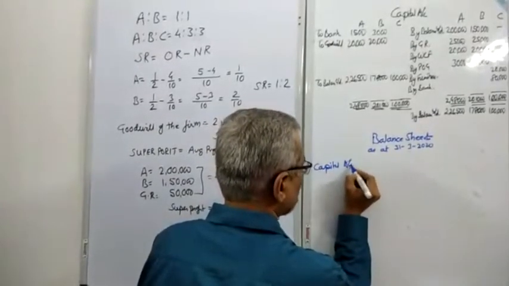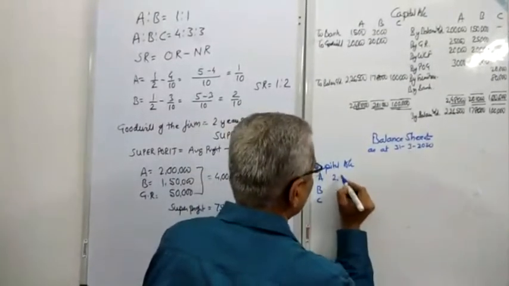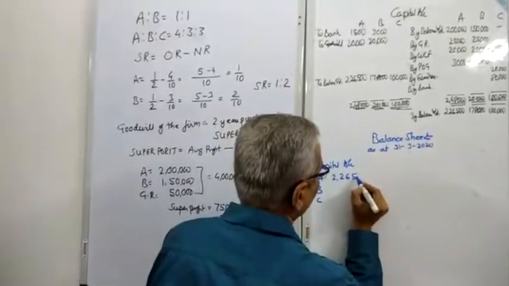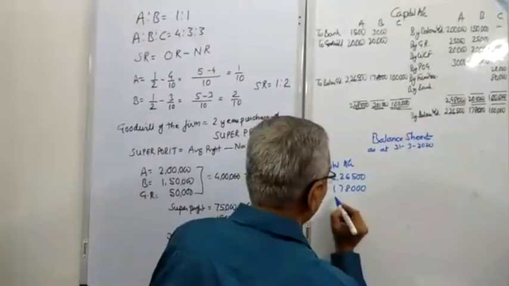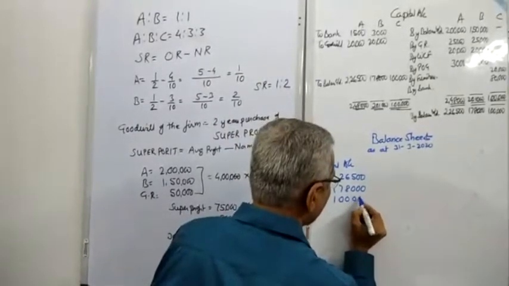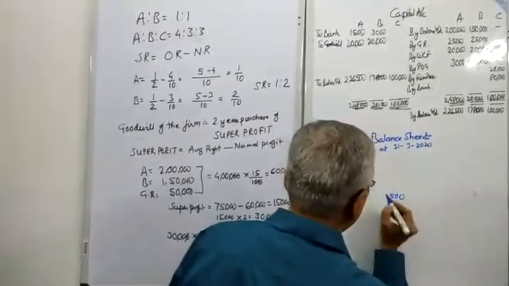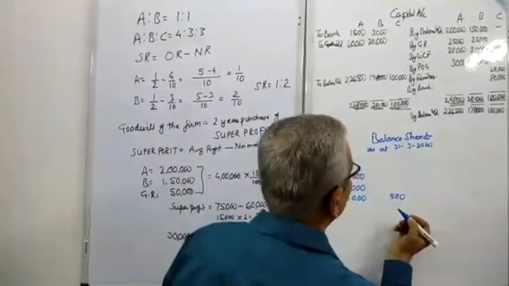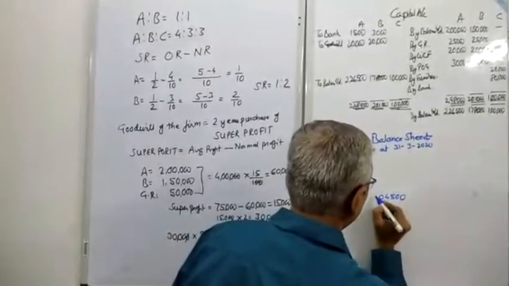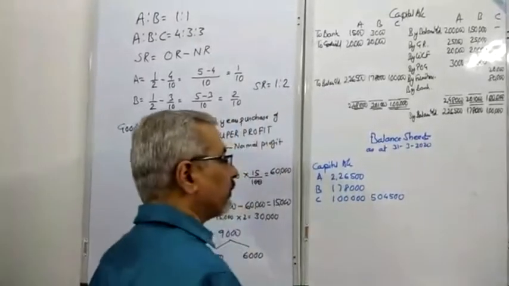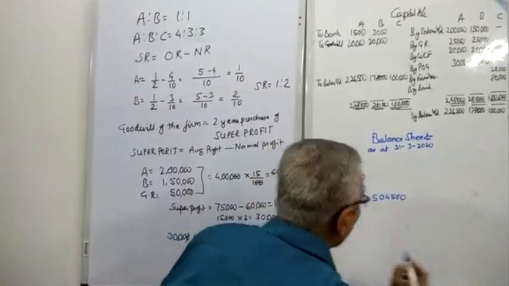Capital account, you can see A, B and C and their balances: 2,26,500, 1,78,000 and 1 lakh. Now let us add these three figures and we are getting over here 5 lakh 4,500. We have a value of creditors as 60,000,